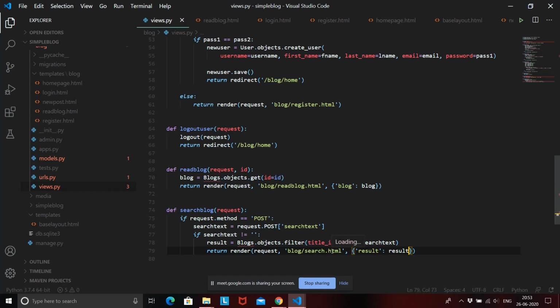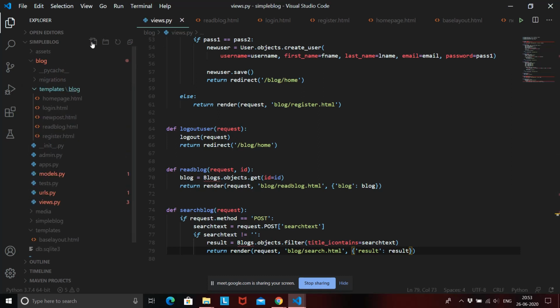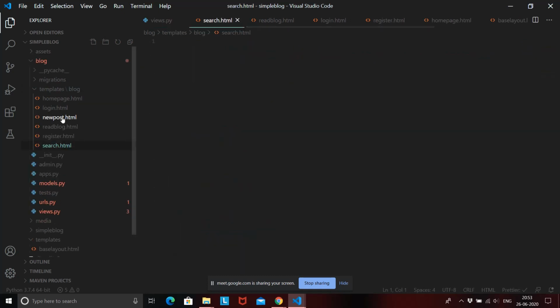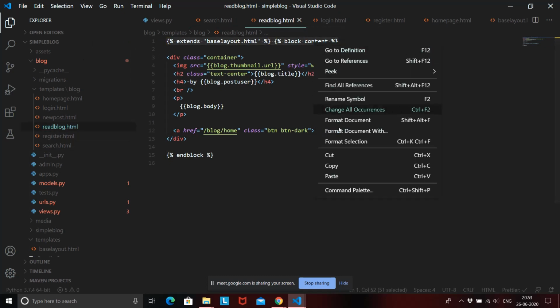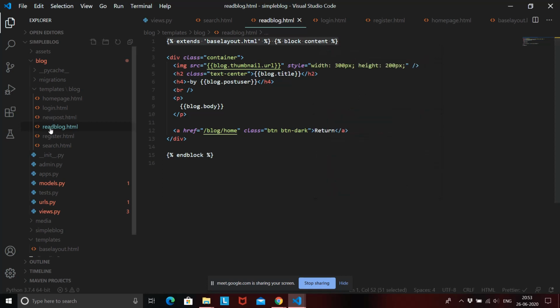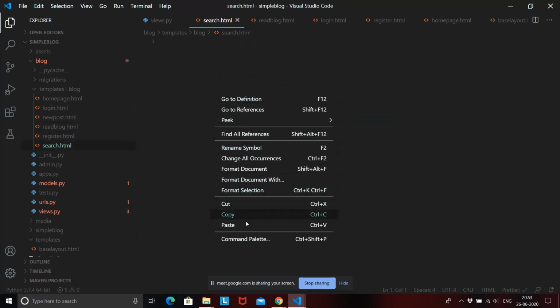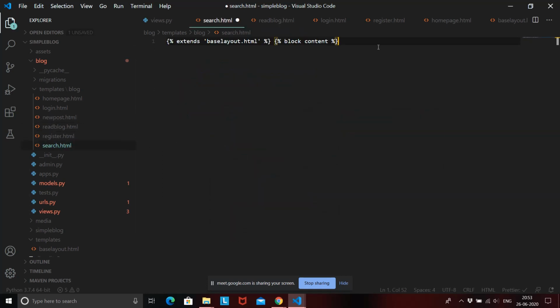So let's create this search.html. Inside our templates, inside the blog, we want a new file called search.html, and again the same thing, we need to extend the base layout.html and the blog content. So I'll just copy it, and then we also need to end this block.